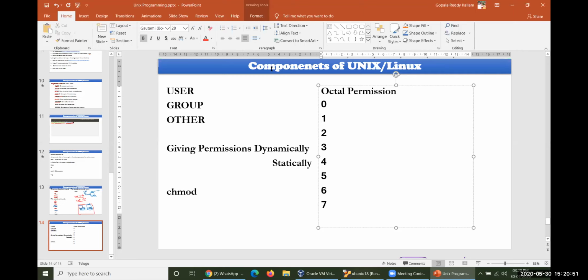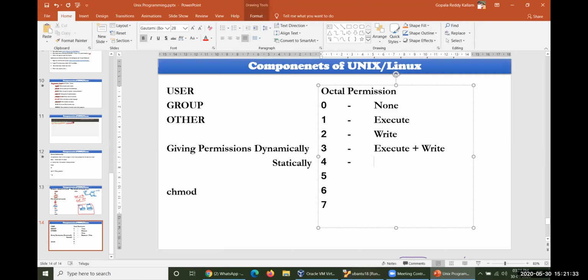So 0 in the sense, as and when you have to mention 0, it will always specify no permission, none. Nothing is available for us. Then 1 in the sense, it is execute permission. Execute will be given for this one here. 2 in the sense, it is write permission. Write permission will be given if you operate 2. And then followed by 3 in the sense, execute plus write. These two permissions will be given if you operate 3.